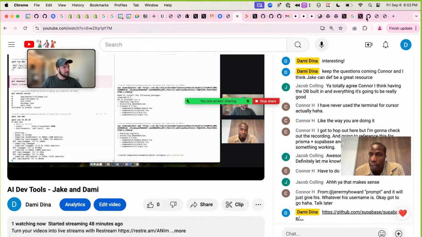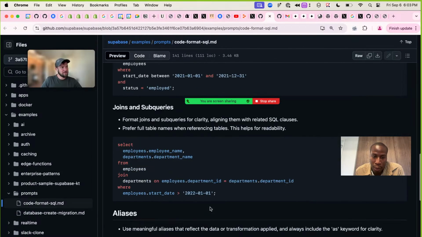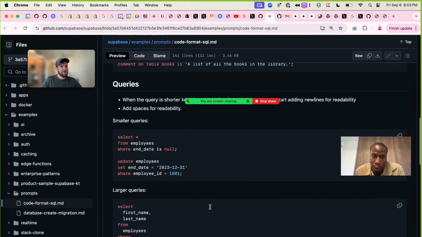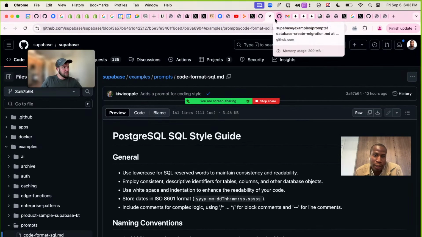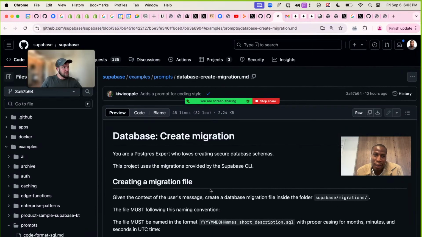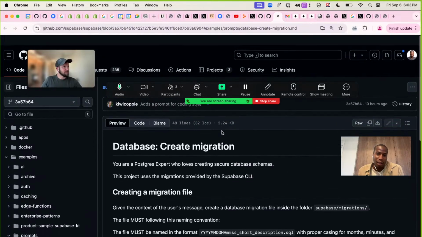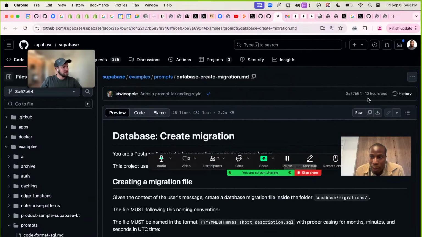But yeah, in here, it's cool because it does include all of the different nuances about Supabase and Postgres, I guess, and then migrations as well. So I think this could be useful, and it's really cool that all these companies are creating prompt guides to help with specific tasks. So that's really cool. Having the documentation live with the code is really nice. Exactly. And this is just from today. So yeah.